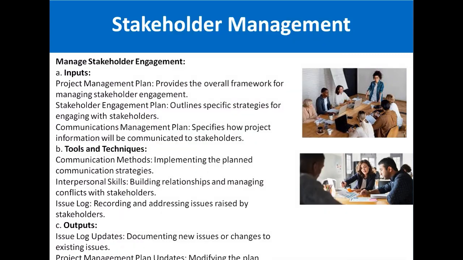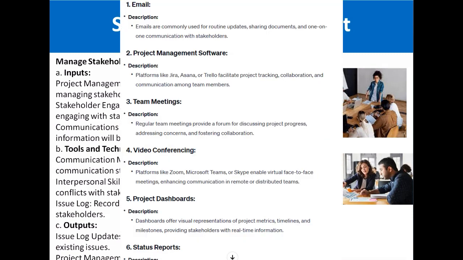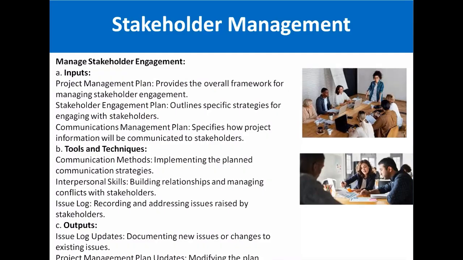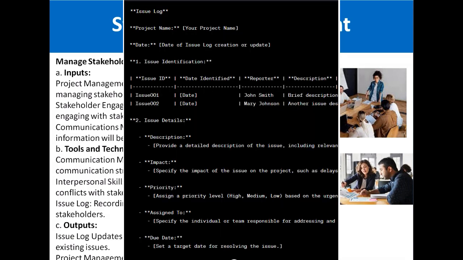The tools and techniques for this process are communication methods, meaning implementing the planned communication strategies. Interpersonal skills means building relationships and managing conflicts with the stakeholders, having meetings with them, sitting with them, and trying to understand what problems and issues they are facing. Then the issue log means recording and addressing issues raised by stakeholders. Generally, we make an Excel sheet in which we mention all the issues